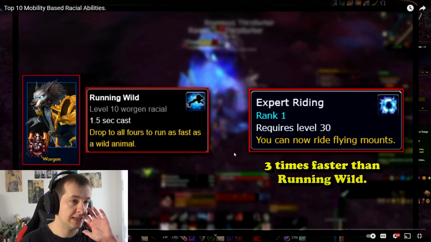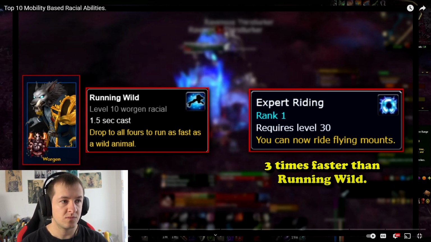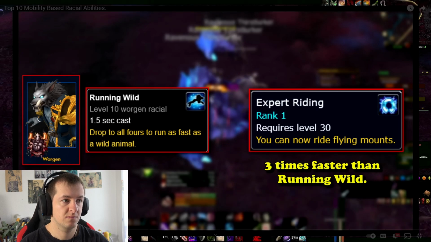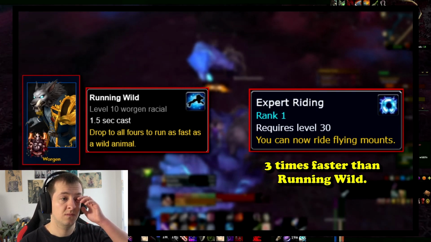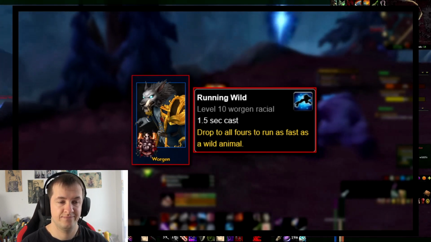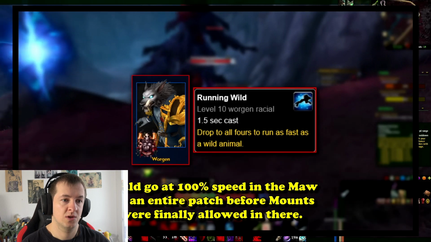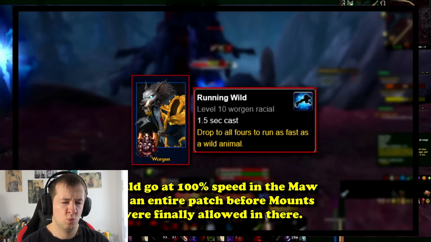It's actually, like, the other one is not so bad, but this one sucks. This means that using Running Wild with maximum riding skill means it will always be more than a third slower than any flying mount. Running Wild did have one noticeable usefulness at max level, which is that it could be used in the Maw before ground mounts were allowed, which gave Worgen players a significant advantage over other players while